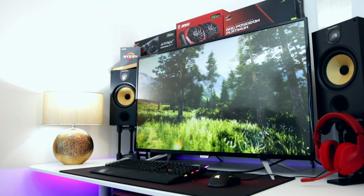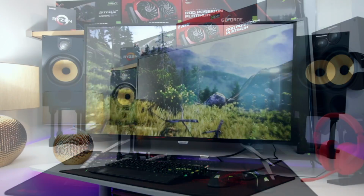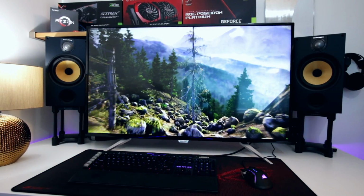Once you have got this thing on your desk though, you will notice some of the features found on the Philips, mainly being that this is a 4K monitor, so a resolution of 3840 by 2160 at 60 Hz. It's IPS and it is a completely flat panel as well. Now, being flat does have some advantages. It is going to distort your image less and it should pick up less reflections,